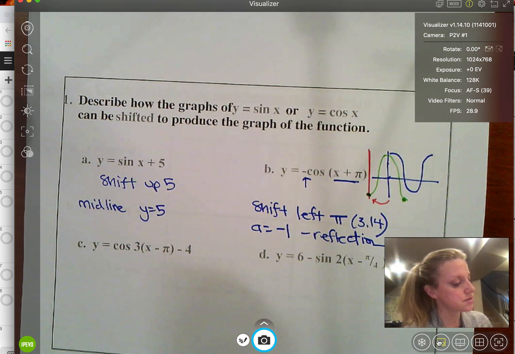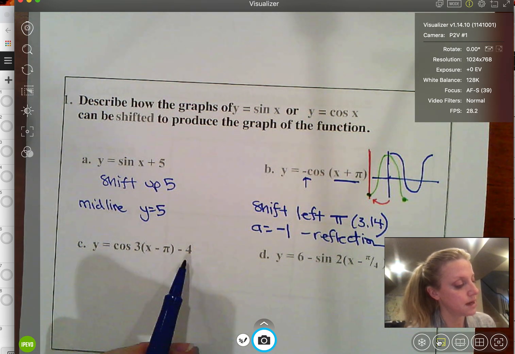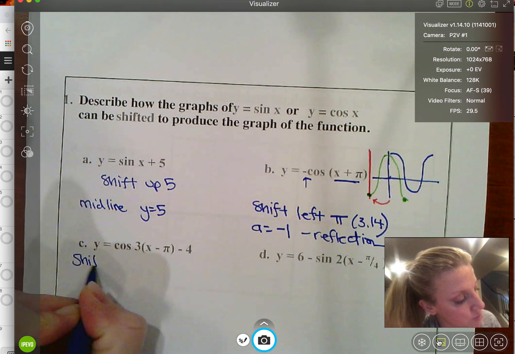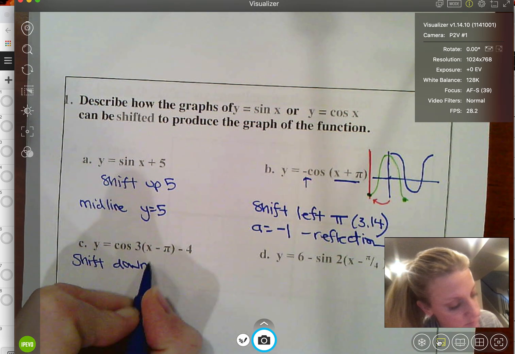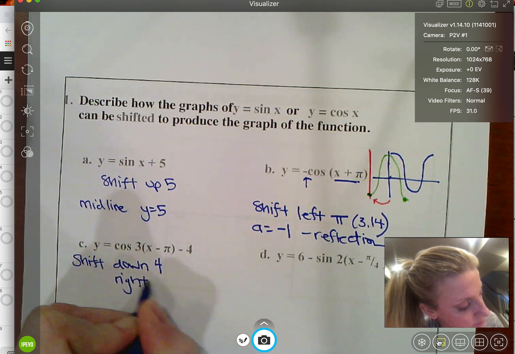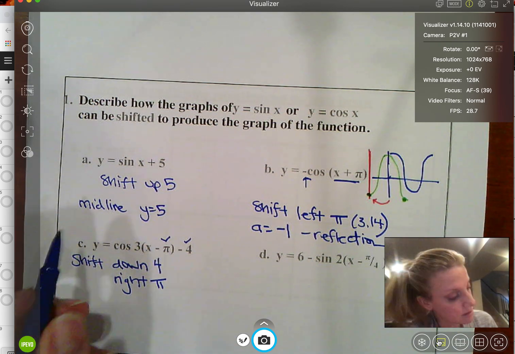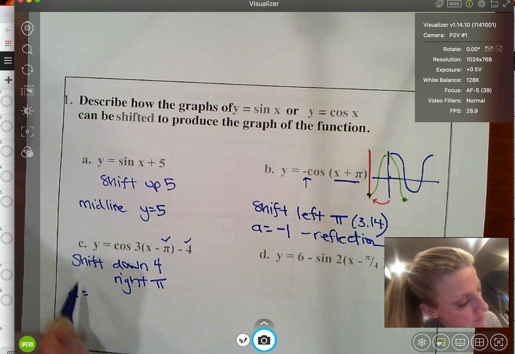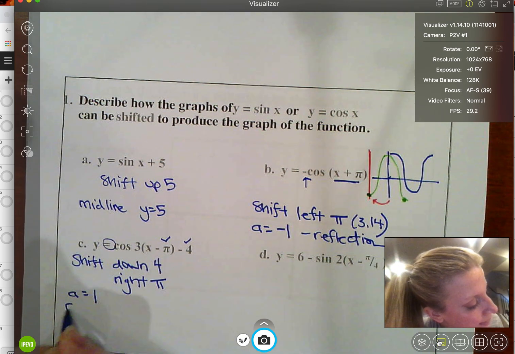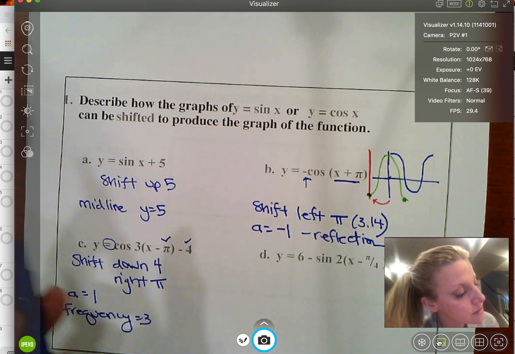All right, let's look at our next one. Y equals cosine of 3x minus pi, minus 4. A lot's going on there. I see a shift down 4. I see it's shifting to the right pi. So that's the 4 and the pi. What else is going on? An amplitude. That would be out in front here. Since there's nothing there, there's an amplitude of 1. That 3, that's the B. You have a frequency of 3. So that means